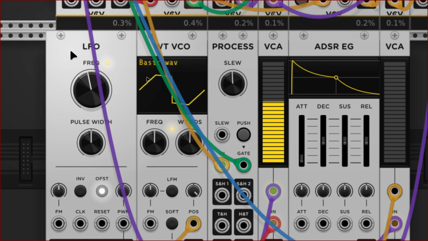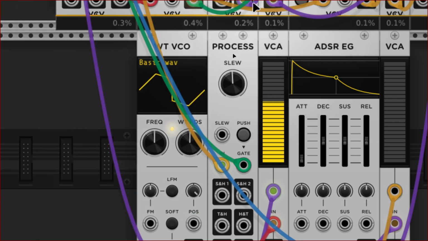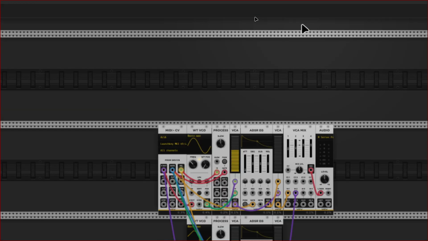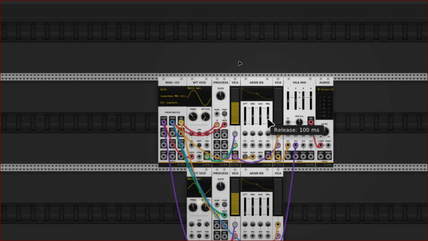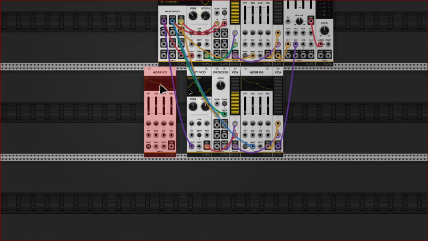Now, another thing we can do, let's take this out. I'm just going to click on it, delete. Let us take our envelope generator. I think if we copy the same one, we'll get the same shape. So basically,